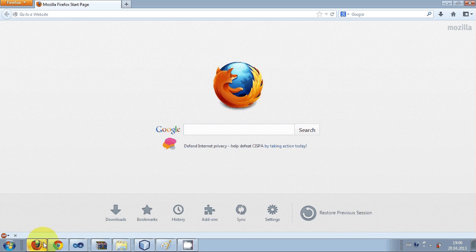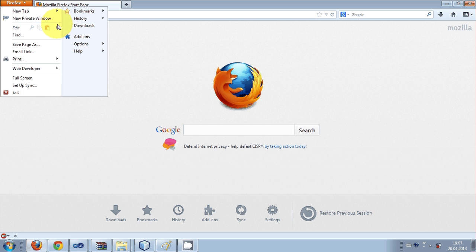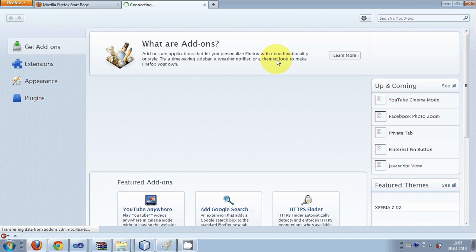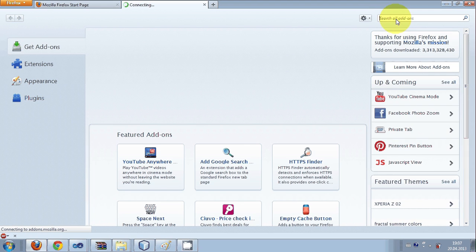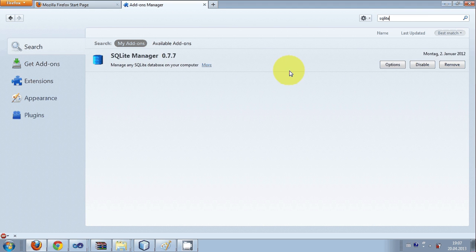If you don't have Mozilla, then download it and go above this Firefox here and go to add-ons. In the Firefox browser, go to add-ons and then here type SQLite. In the search for add-ons, type SQLite and search for it,